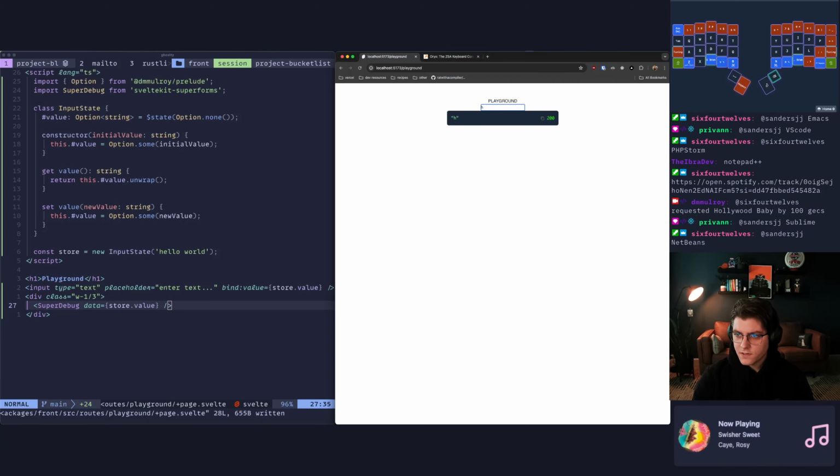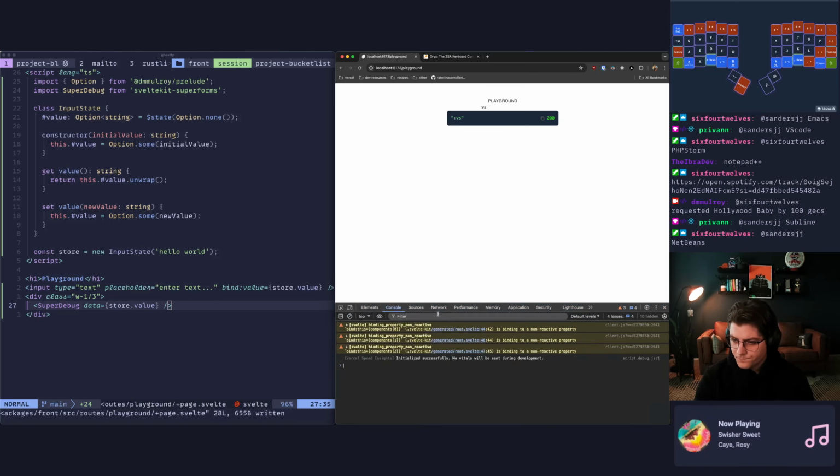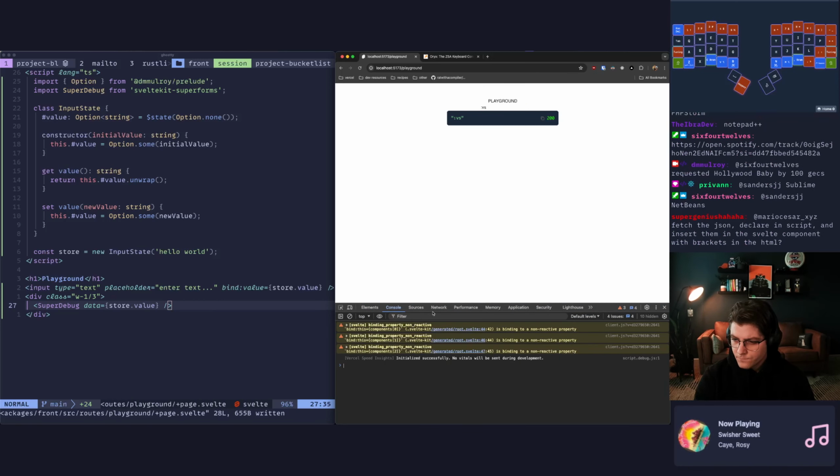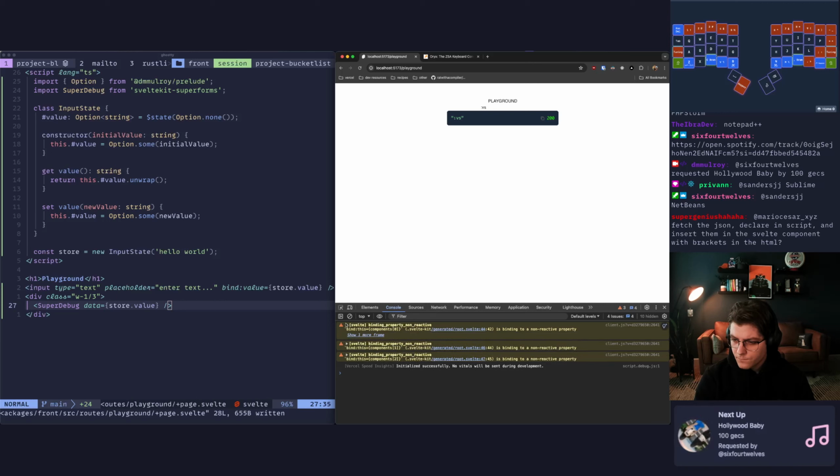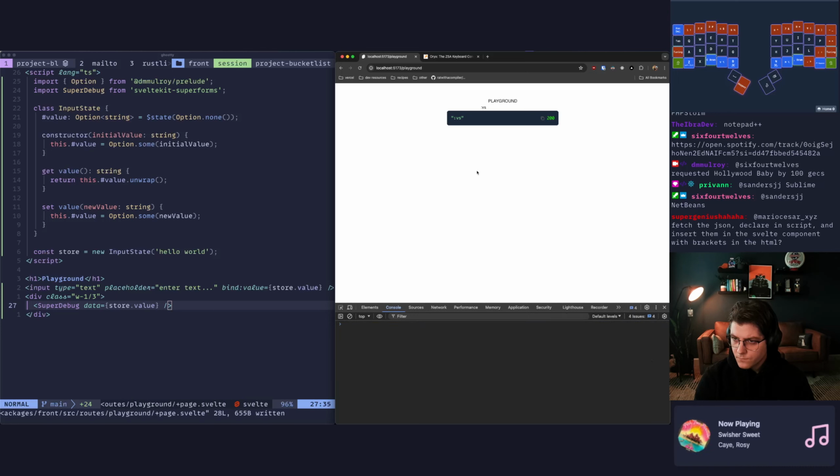Okay, so that works. What the fuck? So why is that working?